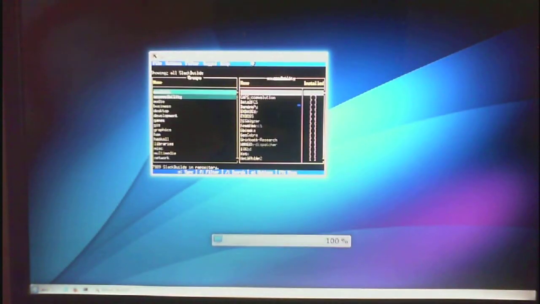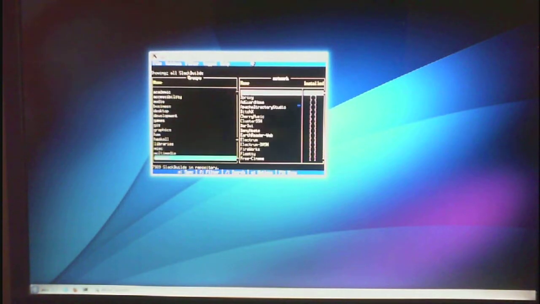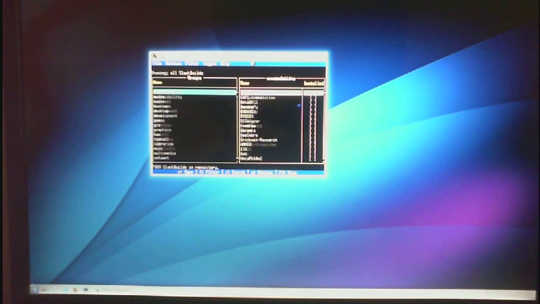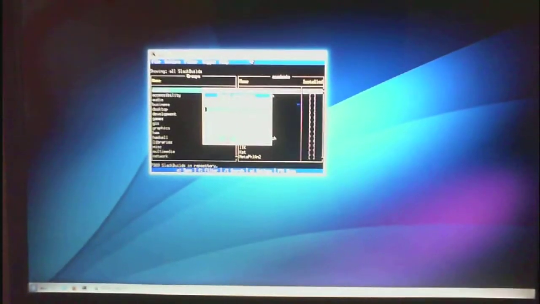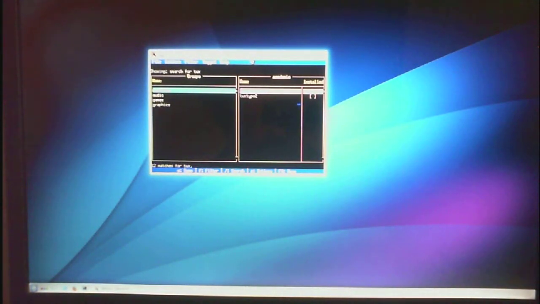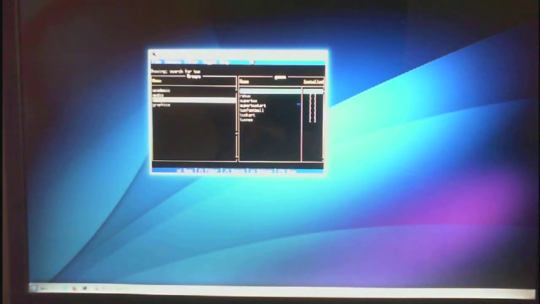Alright guys, so after that's done, just press enter when it says press enter to return to main window. Now we have all this stuff. Yay. Okay. Now I'm gonna type in, I don't know, Tux. Let's install a Tux game. Maybe Extreme Tux Racer. Now we're gonna click install, and as you can see,